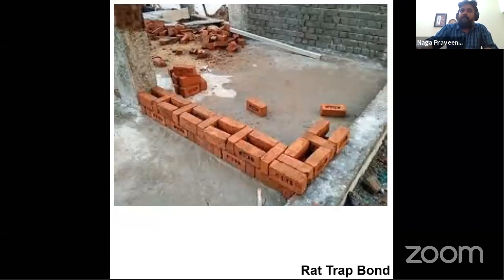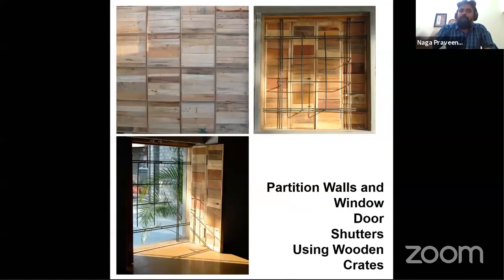These are examples of using fly ash, and how advantageous it is: it reduces the room temperature, it also brings down the cost of plastering, and it uses techniques to cut down the heat gain. Or these are examples where we use the vegetable crates that you find in the market as openings.